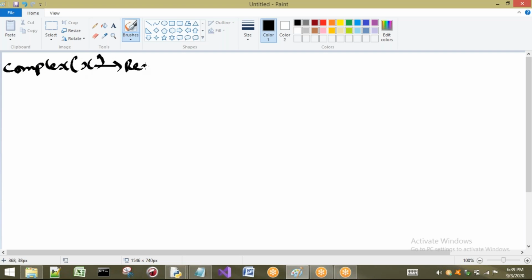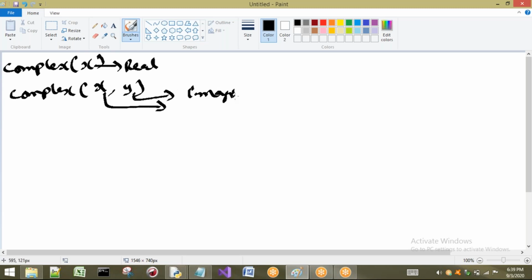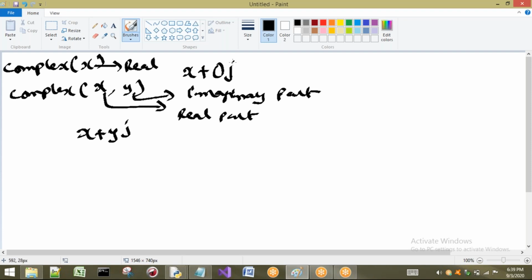Second way is complex of x comma y, where x is the real part and y is the imaginary part, which is nothing but x plus yj. In the first form, is there any imaginary part? Not there, so 0j we can consider.